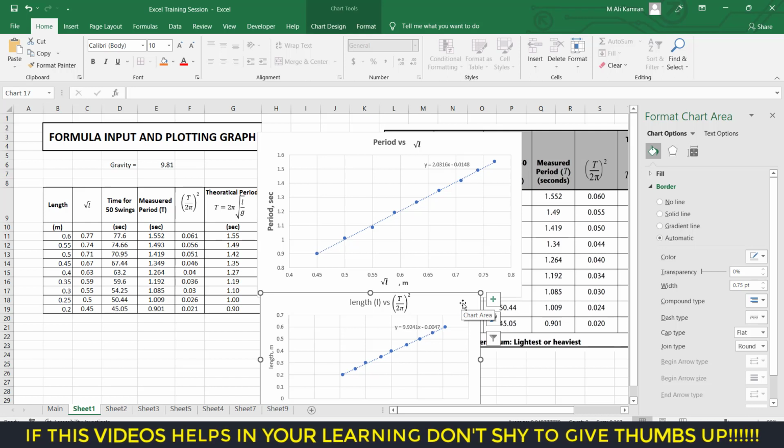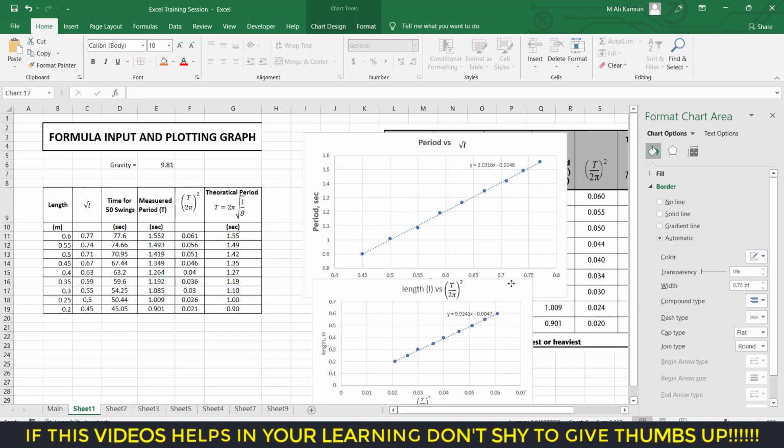I hope this tutorial will help you in your future labs while you are performing some experiment, whether related to engineering vibration or engineering dynamics. I recommend that you always use the Excel sheet. Do the theoretical practice on paper and then use the Excel sheet and plot,